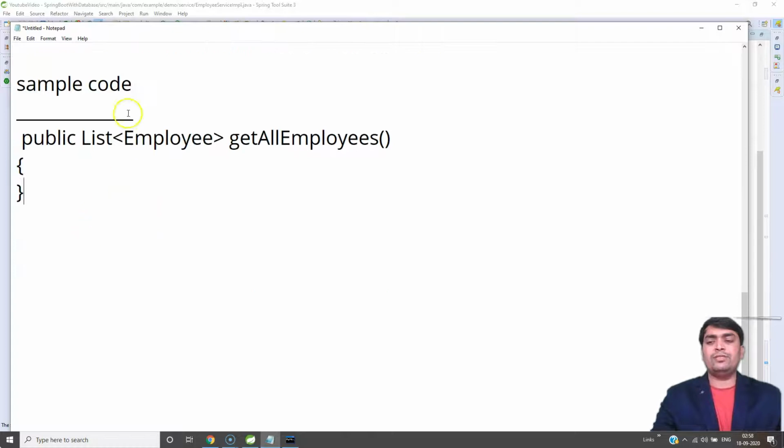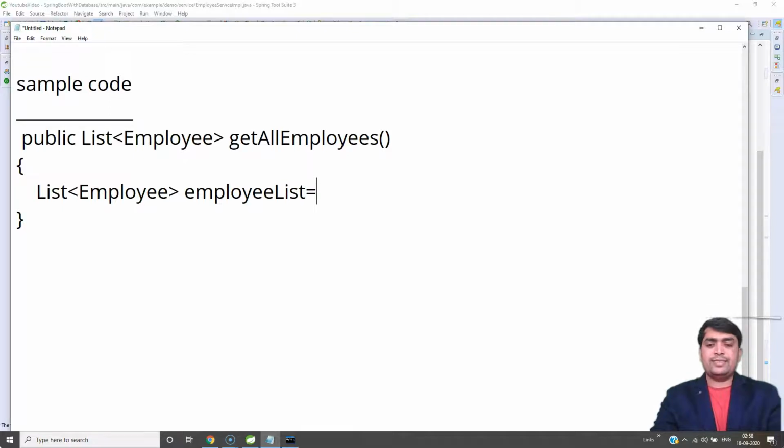Suppose we have this method in the service layer. In the service layer you have to write List<Employee> list equal to repository.findAll. It's very simple, friends.